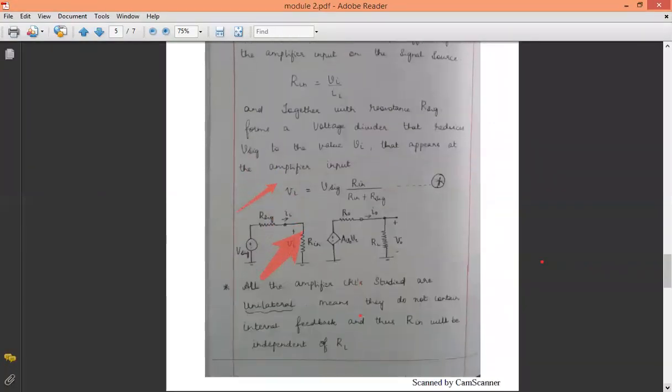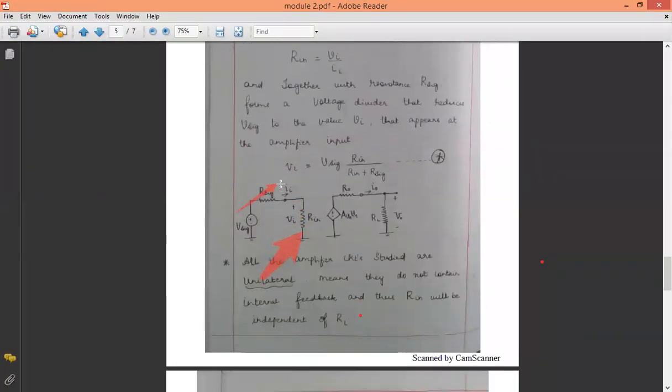Let us come to this equivalent circuit. See here, remove these two arrows and make a circle here. Now we have to consider the output part of the circuitry. Here, this represents the voltage source, this represents the resistance, and this and this represents the load resistor RL. So AV naught represents the voltage.